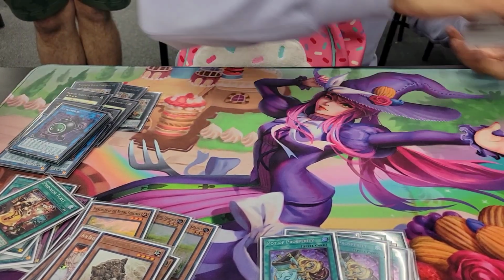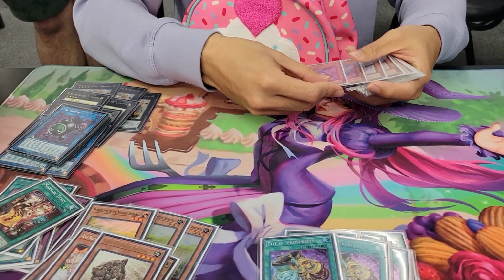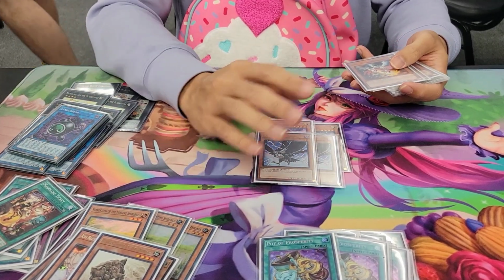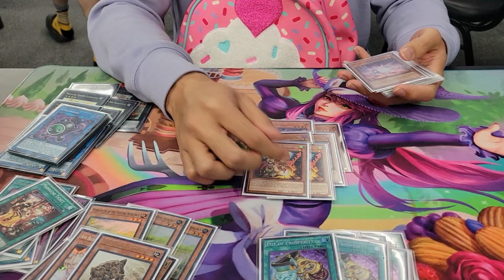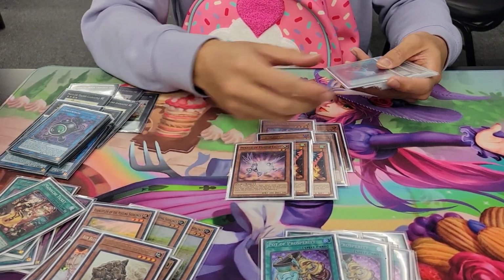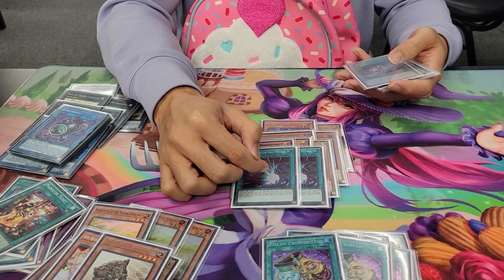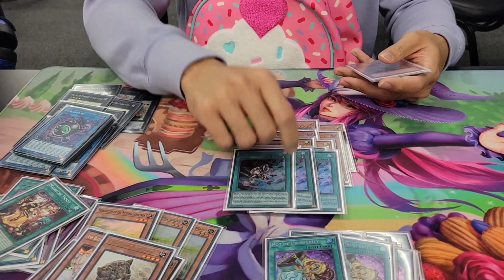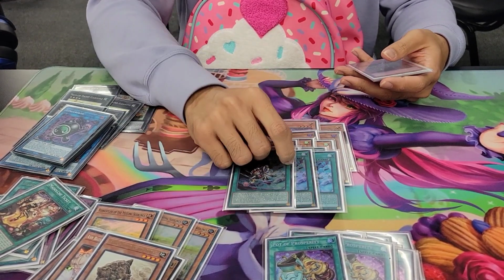Lastly, we have our sideboard, which is going to be 2 copies of Denko to help players with Labyrinth, 2 copies of Didiko for Branded and some other rogue matchups. Drill and Lockwood is a good card for this format. Purple Light for the Eradicator Virus. 2 copies of Dark Ruler to help with like Vanadium. 3 copies of Encore for Pearly and for Kashchira, and 3 copies of